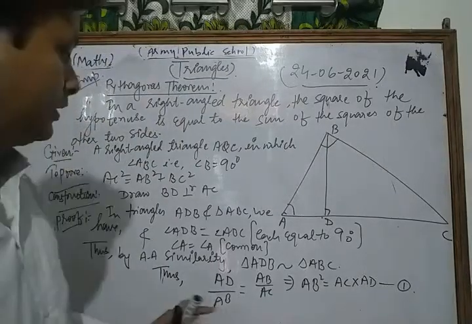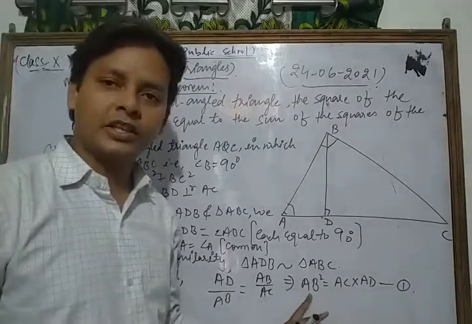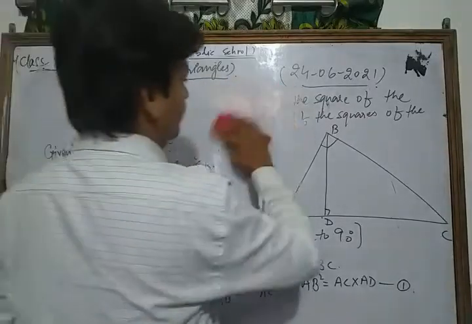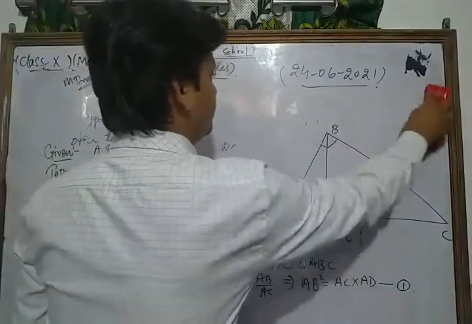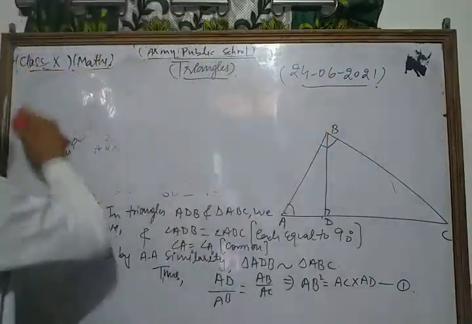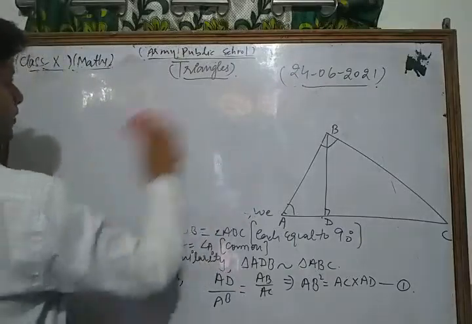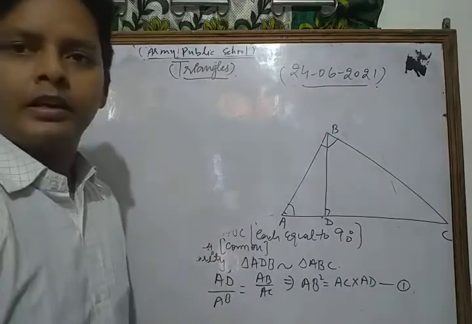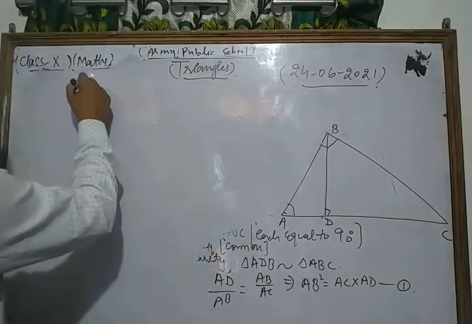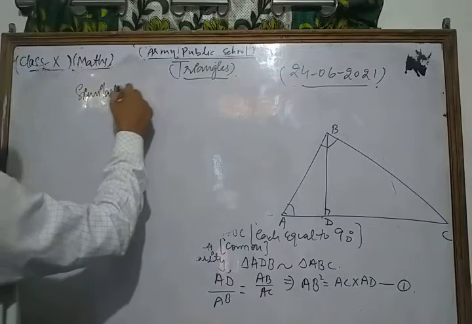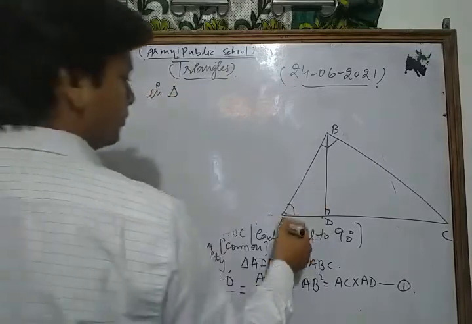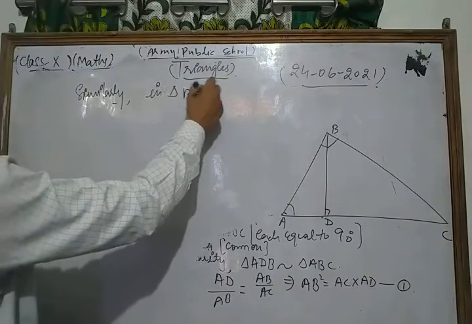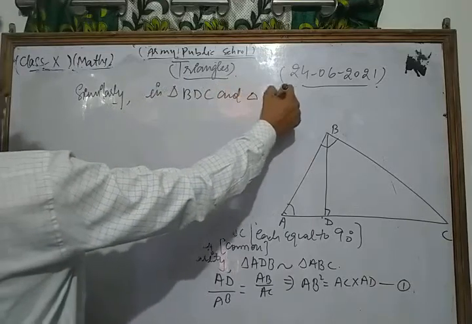Okay, dear friends. Thus, in this way, we get a very important relation: AB square is equal to AC into AD. Similarly, look. Dear friends, similarly, in triangle BDC and triangle ABC,